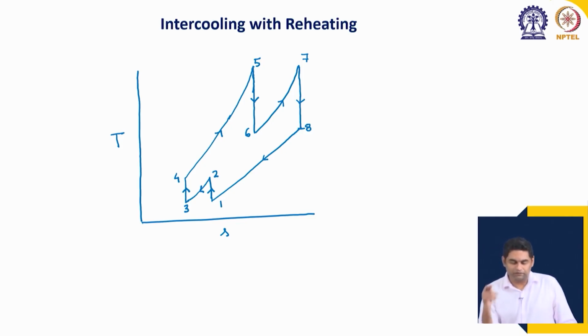Okay. So, this is our cycle, and you can see that now we have two compressions and two expansion processes, and the combustion also. We have two of them because of reheating, and in between we have the intercooling also in between the compression processes. Okay. So, we know that for optimum conditions,